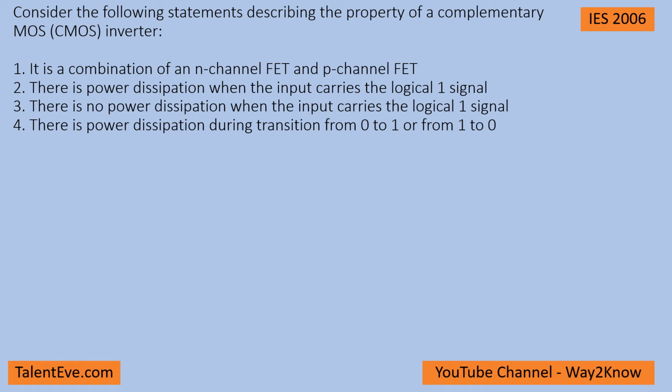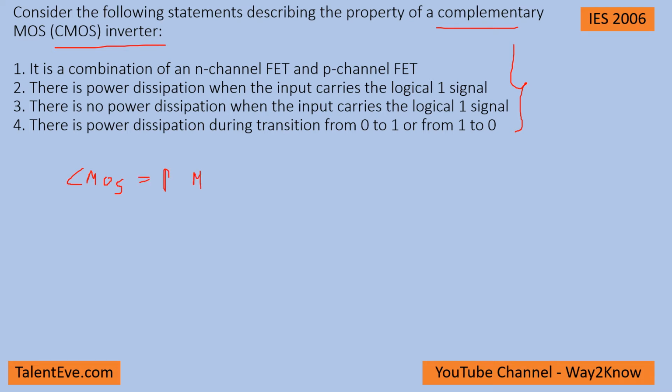Hello all, let us see how to solve this particular problem. So basically what is given is a CMOS inverter, and there are four statements given. We have to find out which statements suit the CMOS inverter characteristics. So basically to understand first, a CMOS inverter is nothing but a complementary MOSFET transistor, is a